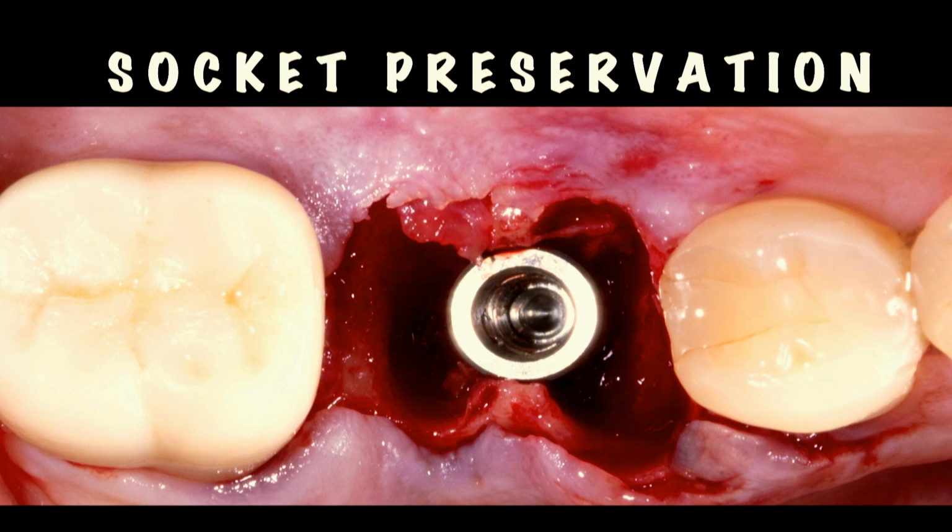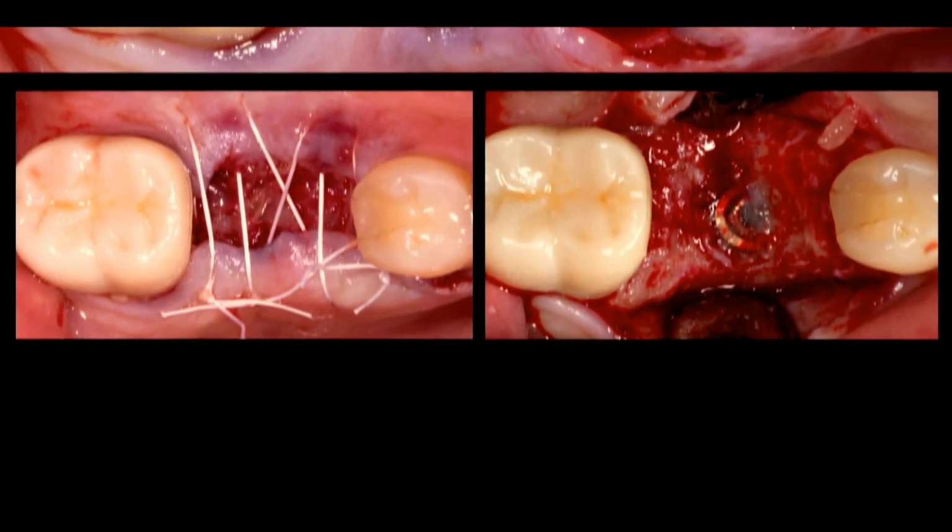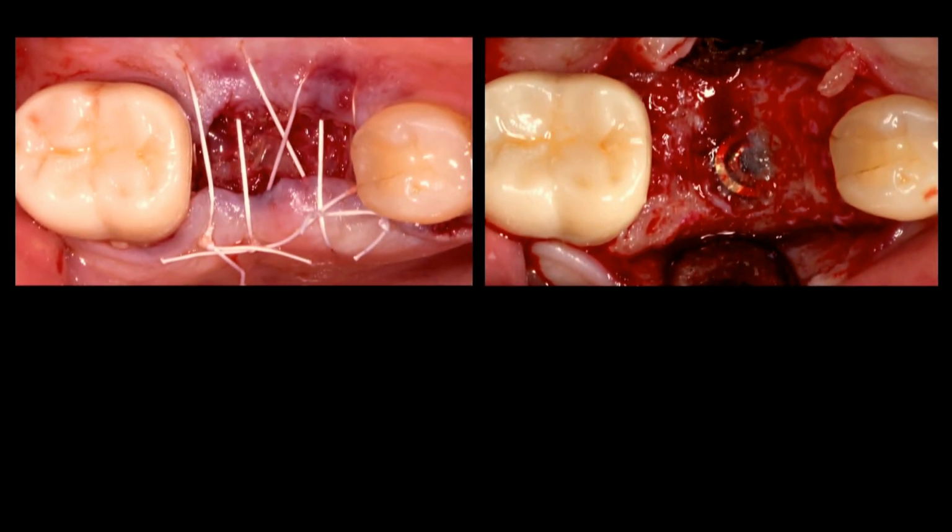Of course, that's very valuable to us as periodontists. But as John mentioned, a lot of our practices are implant practices where we're doing a lot of socket preservation procedures. We all know, with socket preservation, a lot of the time we can overdo it. We start raising large flaps for no reason. We're actually cutting blood supply to the buccal plate. And so in many cases, what we try to do is to do this as minimally invasive as possible,